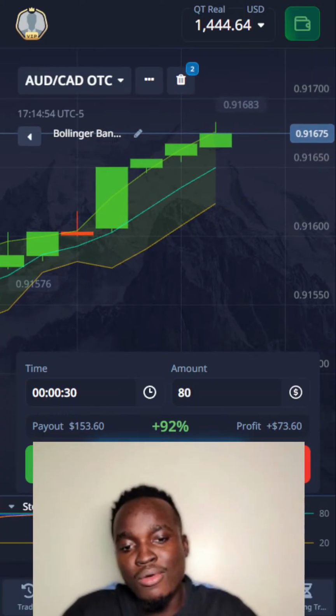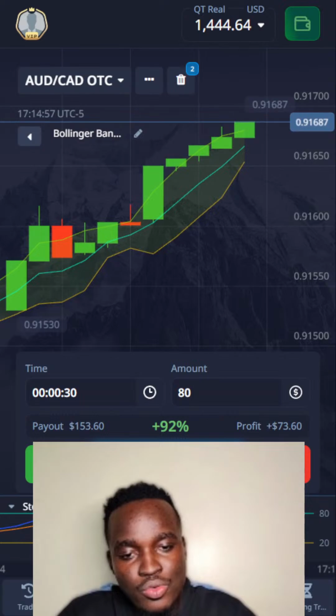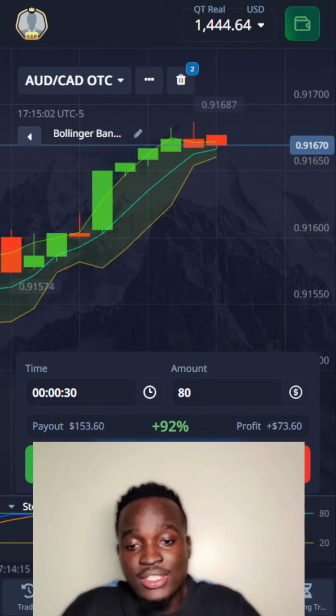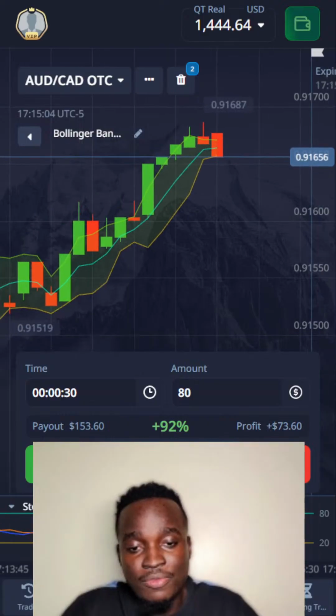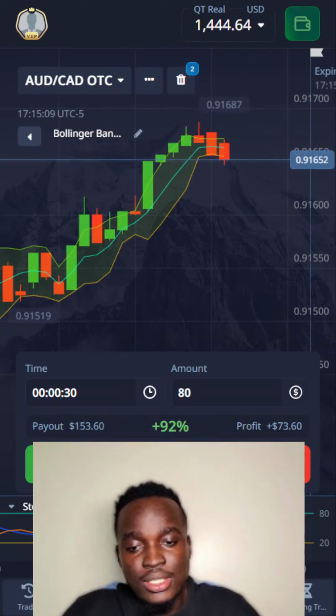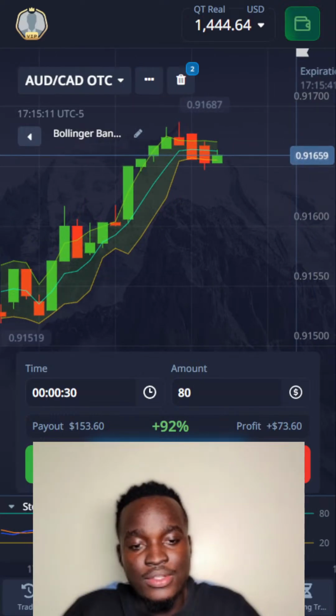I'll look for a good example here. This would be a very good one, but that would be a late entry. Anyway, we're in 30 seconds, guys. We're in the 30 seconds time frame, and candle structures are 5 seconds. So let me see. If you look at this carefully,